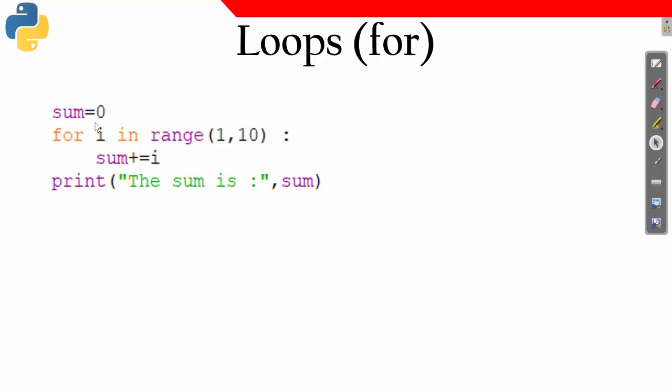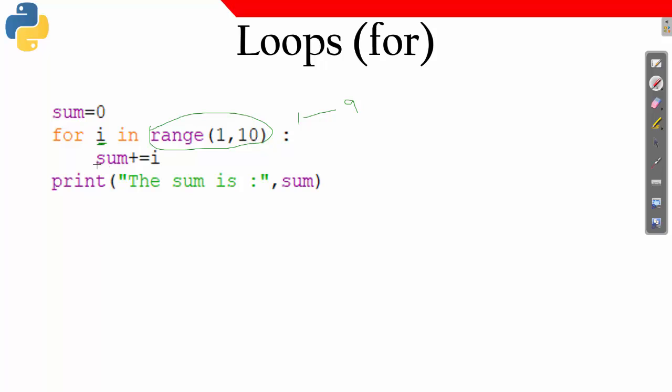Sum equal to 0, for i in range of 1 to 10, sum plus equal to i, and print the sum. Now you can see here, i is a variable, and it will take the data from this range function. 1 to 10 means 1 to 9, 10 is not included.